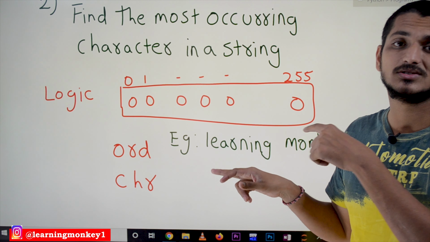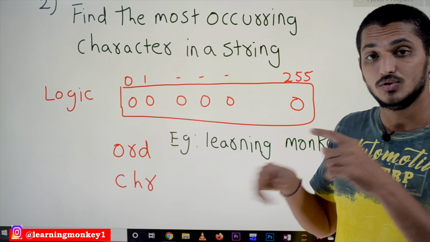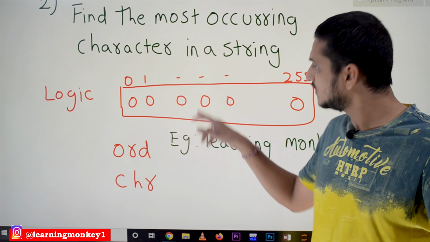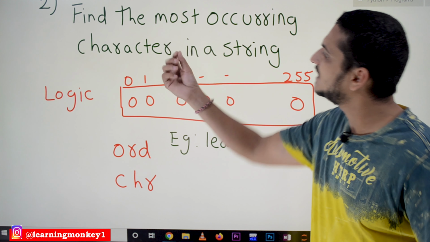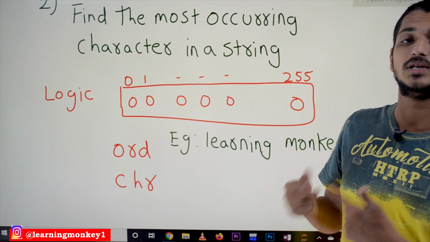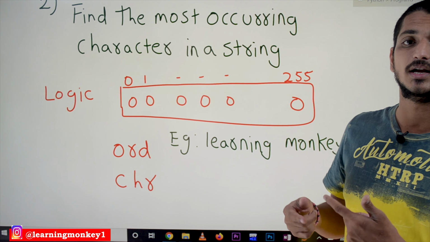We are using this concept. We already used the concept of list in our previous examples. When we discussed our examples on loops, we used the same concept. We are taking the index value and we are using it. The same way here, how many characters are there? Total 256 characters are there. Each character is given an ASCII value.